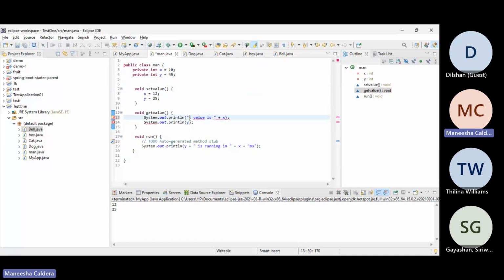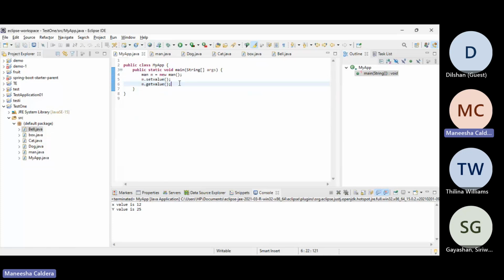And we tell y value is... right. We'll execute and see what happens. X value is 12, y value is 25. Got it. Nice. Instead of these two, if we execute m dot run,